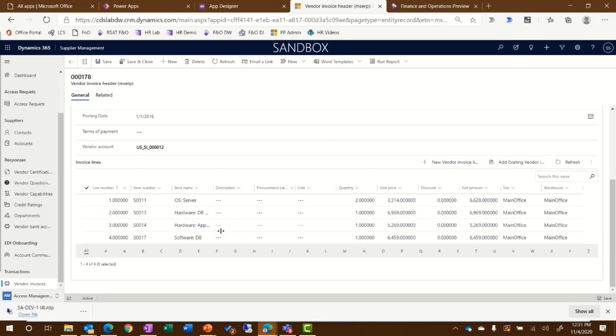So as you can see, it's very easy to expose the information from finance and operations out to the Dataverse and then build your model-driven app on top of that very quickly and easily without any coding required. Obviously, you'll want to make sure that you set up security on these things appropriately so that people can't edit or make changes to it if you don't want them doing that. But if you want to allow that, obviously, we do support those basic CRUD operations in the portal.